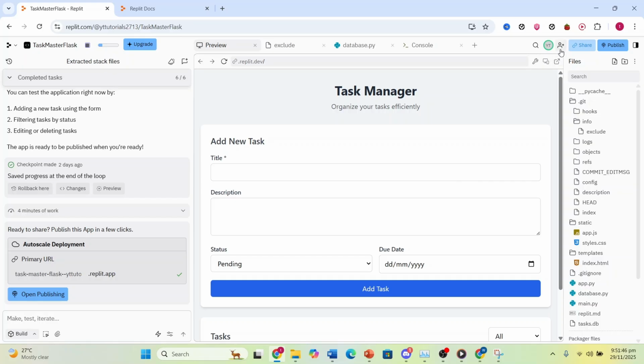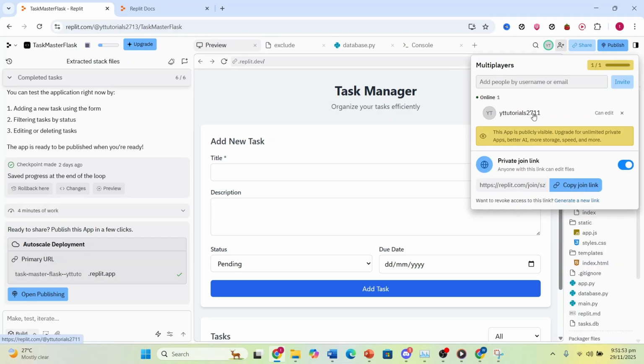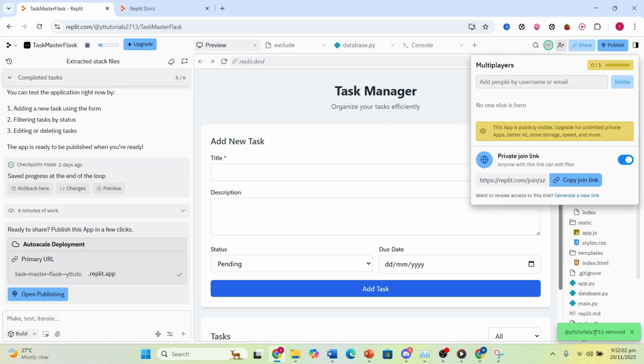So if we come here and click on this person with the plus icon, we're able to invite collaborators. So if I click on this, you can see I have one collaborator they have invited. I can go ahead and revoke access. So I click on this X icon, I'll remove this member. So as you can see, this person has been removed and this app itself right now has a private join